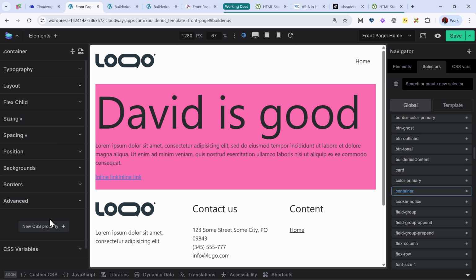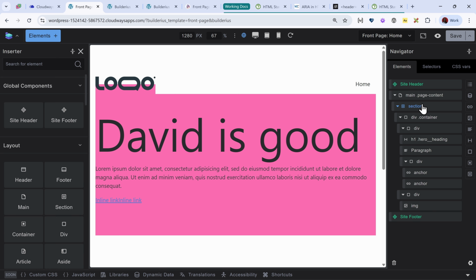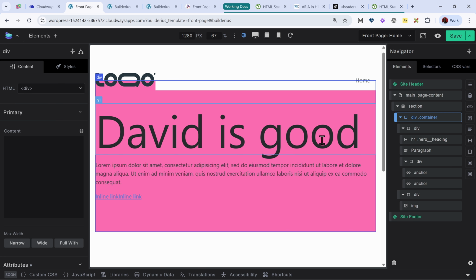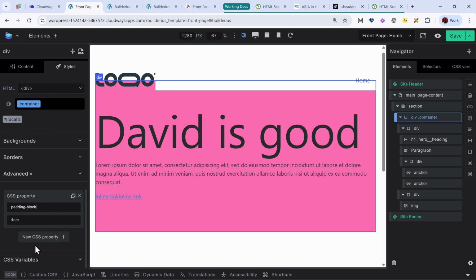So I can say new property, padding block for, and I still get the same thing. If it's not available in the UI, let me go ahead and save and refresh. If I go back to that container and I make sure I choose the container, if I go down to the bottom, advanced, you see the CSS is still there.